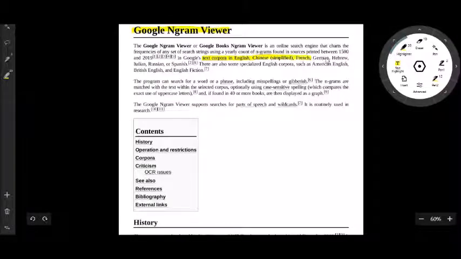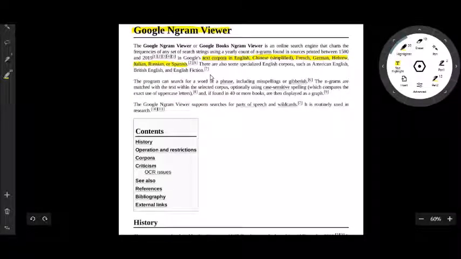These things are available for us, and it's very interesting that you are able to know more about them. So let me take you through these quickly, so that we understand what exactly Google Ngram is and how to understand it.